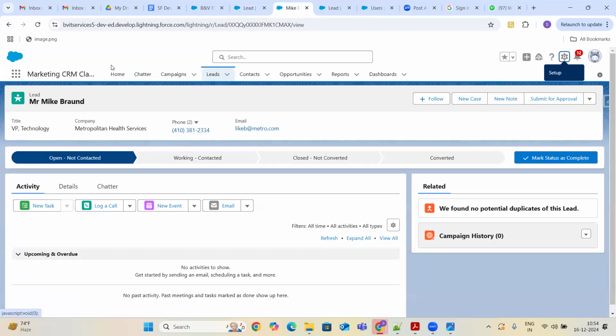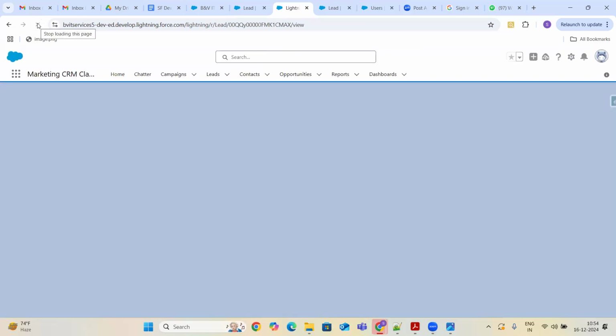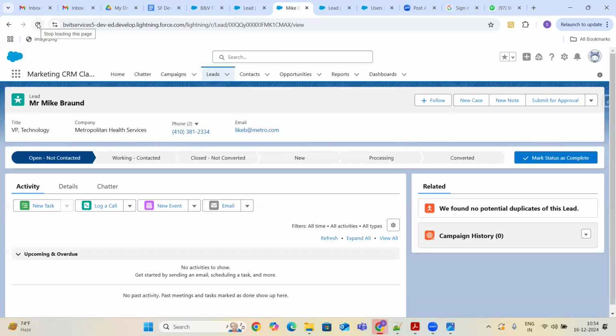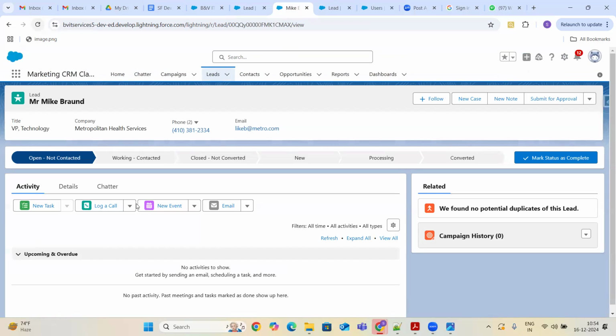This is one of my lead records. Let me refresh the page. See, I can see all the processing and new values. I'm seeing 6 values.